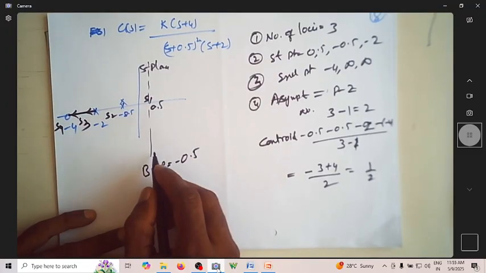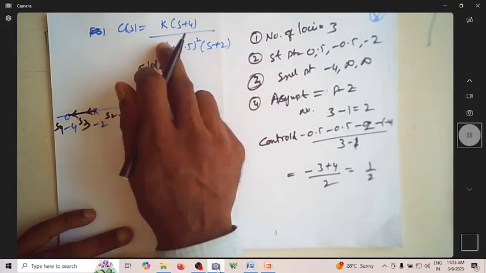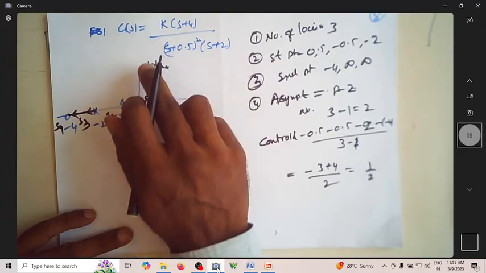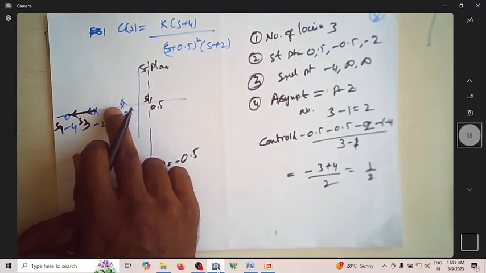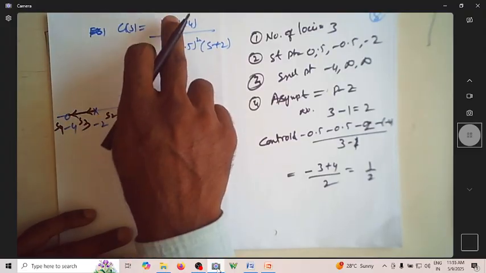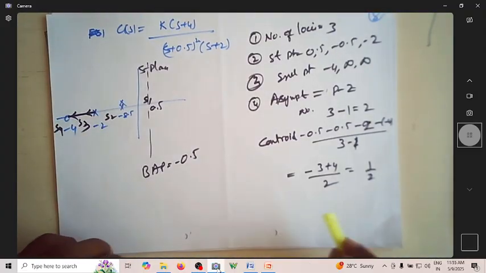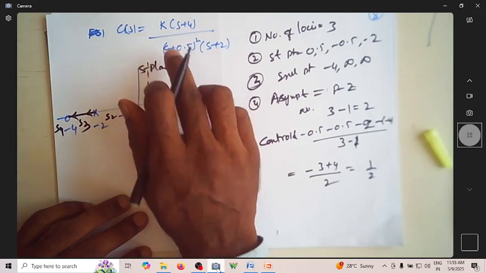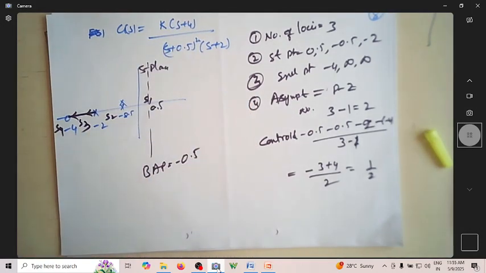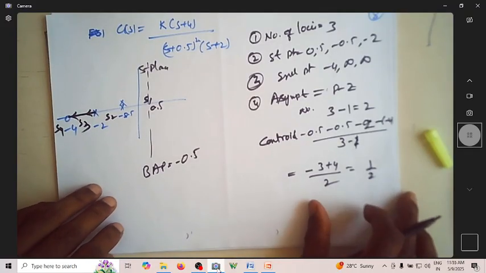So before we draw it, we can actually find the value of K, because it has to go to the right side. The poles are initially on the left-hand side. We have to find K. We have to find what is that K margin. So for that, it is now